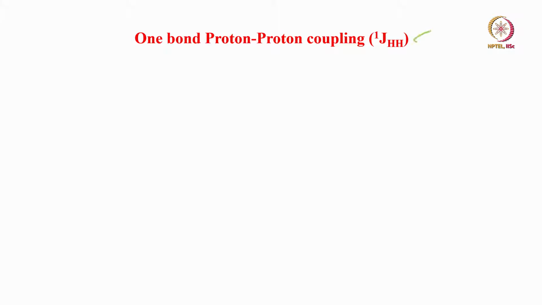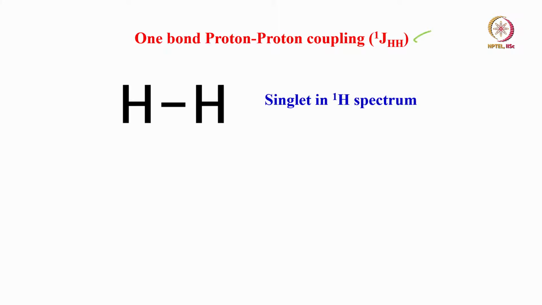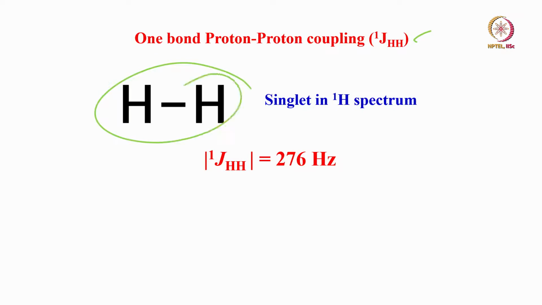So, with this multiplicity pattern understood, I just want to give you some idea about the strengths of the coupling. So far we said splitting is there, coupling we can measure. But what is the strength of coupling approximately? See, one-bond coupling is always larger than two-bond coupling, and two-bond coupling is always larger than three-bond coupling. It is a general trend, need not always be true, and many times there can be deviations, but the general trend is that one-bond coupling is larger.